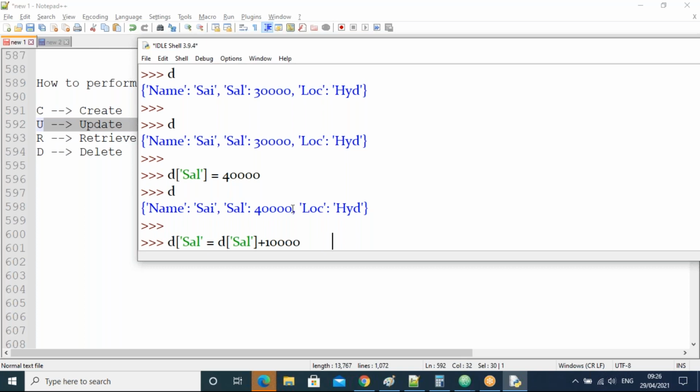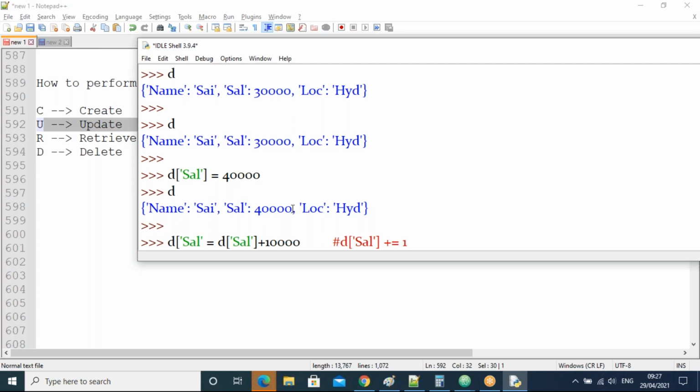See, the same operation we can write like this also, guys. I write d of sal plus equal to 10,000. Now, are both the same or not, guys?